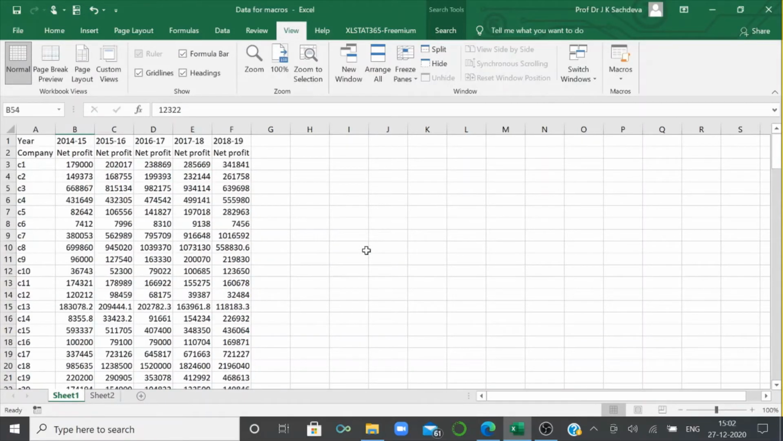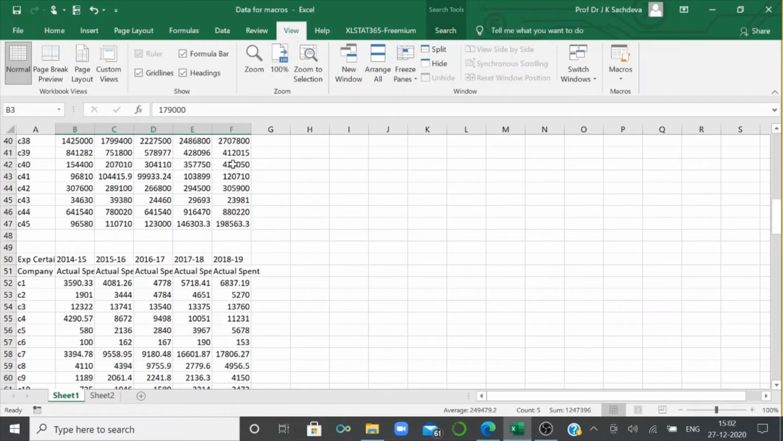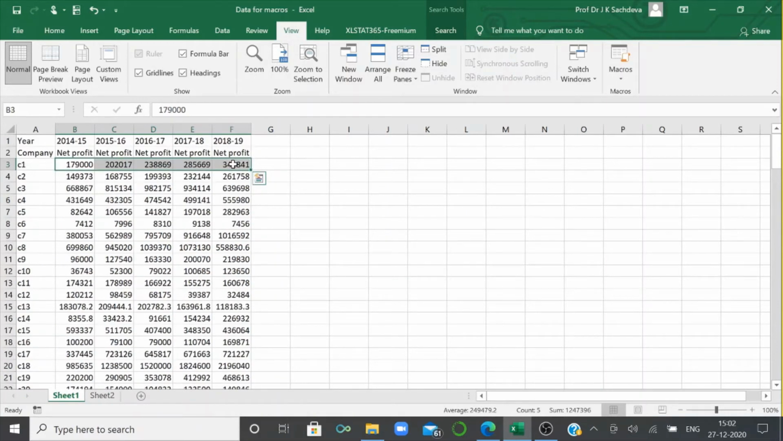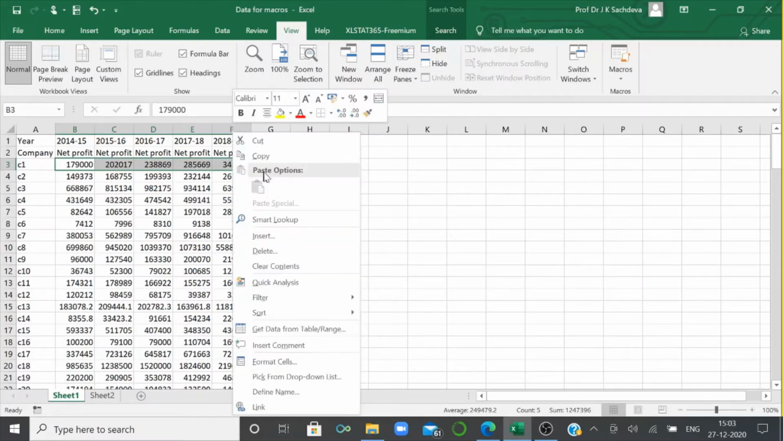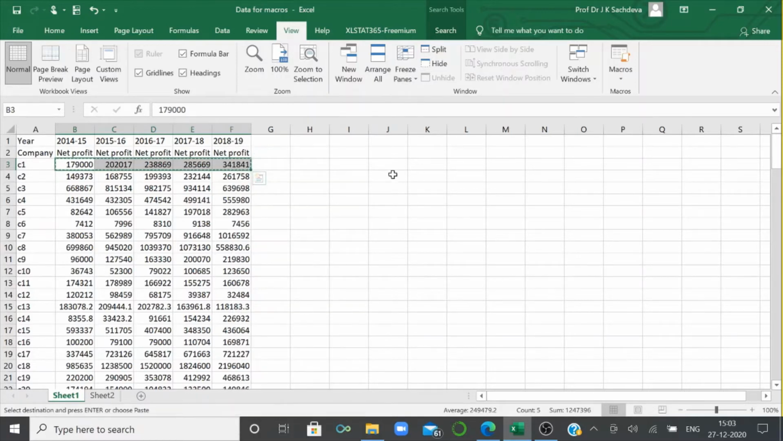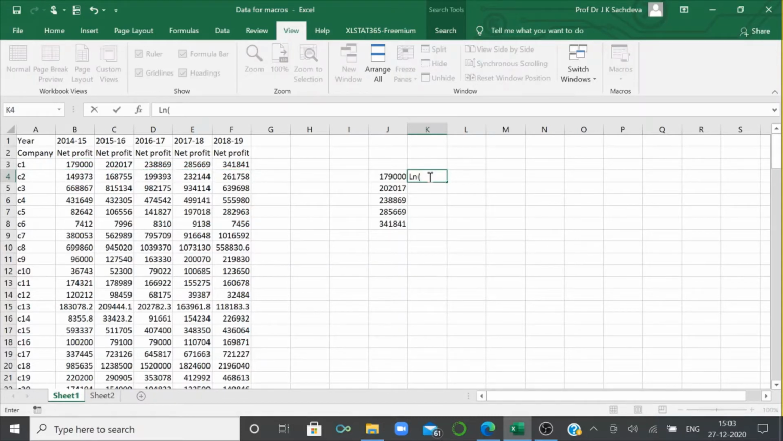Now I want to find out the compounded growth. For all the data, this big data, I am going to find out the compounded growth rate by the log linear method. So what I am going to do, say copy, I am going to paste it here vertically, transpose, and then I am going to take log values, ln equal